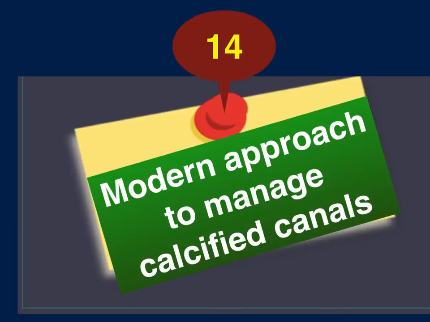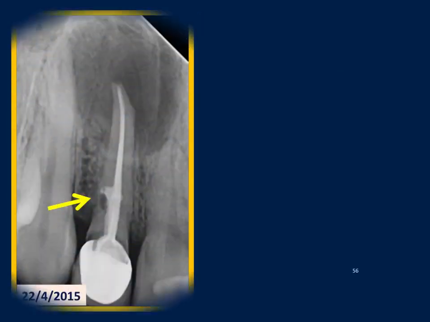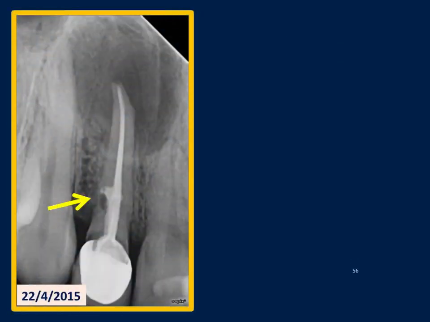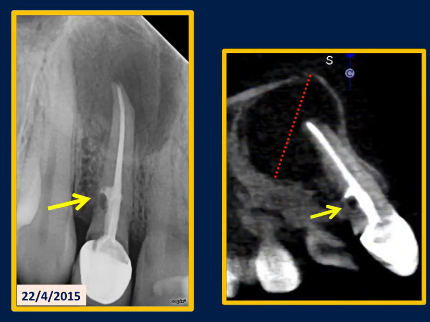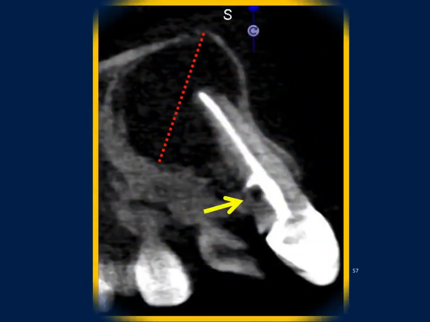Nowadays, we have what we call a modern approach to manage calcified canals. In this modern approach, we are dealing with such a tooth. We have a huge periapical lesion, and we have this perforation inside. So to manage such a case, we need additional information. First, we need to know the size of the periapical lesion and the site of the perforation. Then I will